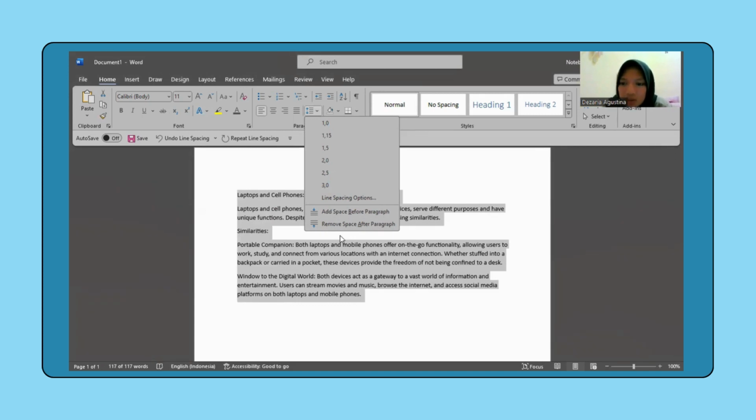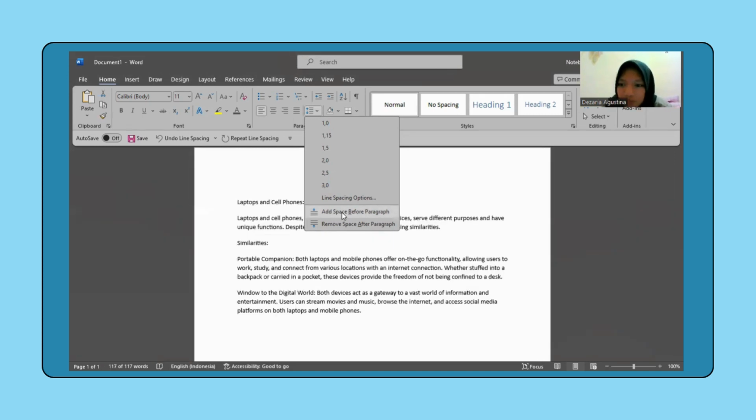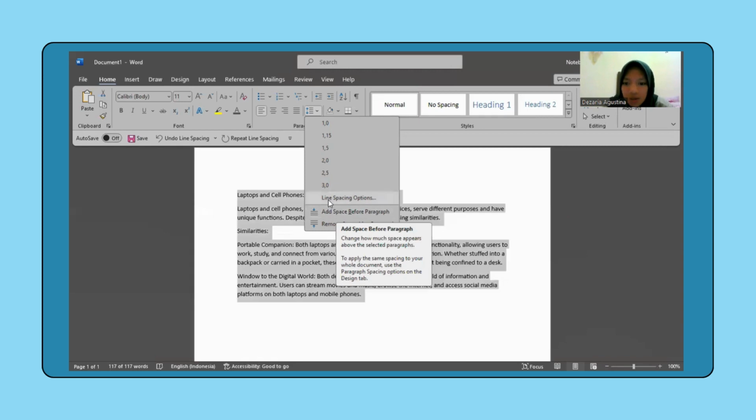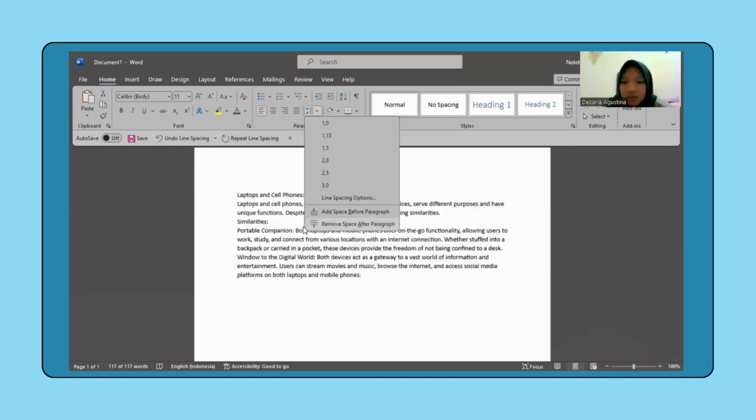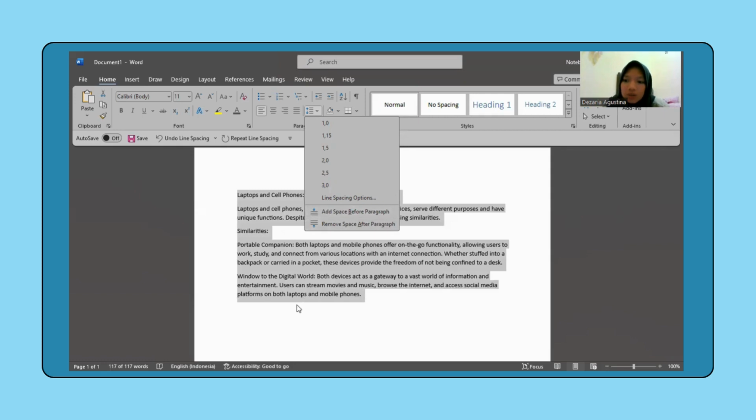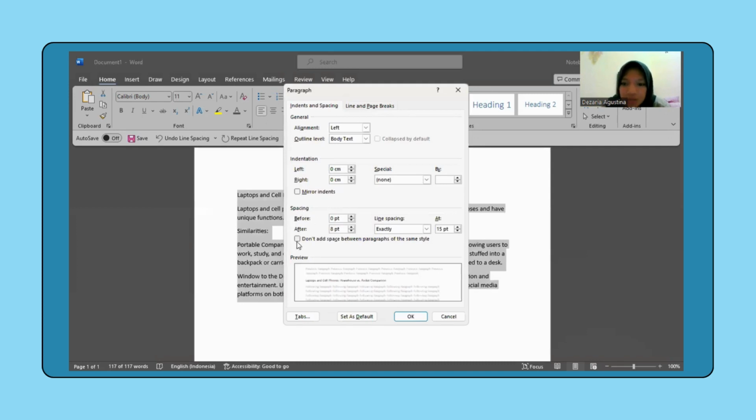If you want to fine-tune the paragraph spacing, go to the Line Spacing Options, and then you can type whichever values you want for the space before and after.